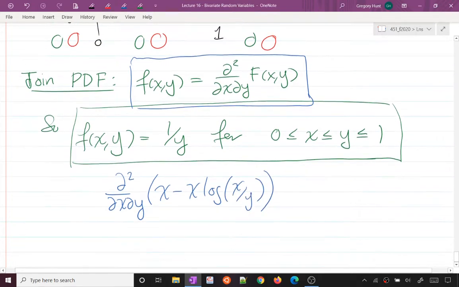And you can either do x first or y first. Let's actually reverse this. Let's do y. Which way is first? Maybe that's the correct way, right? So if I take derivative with respect to y,